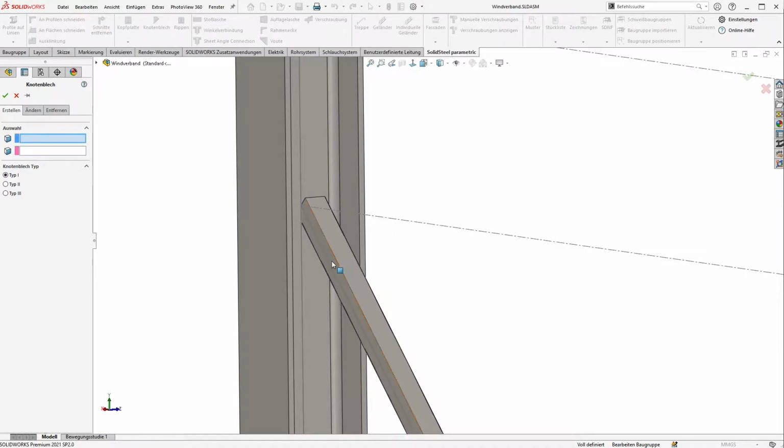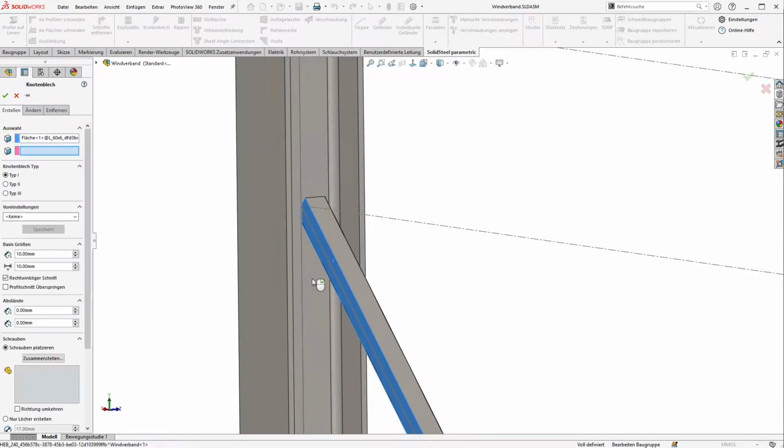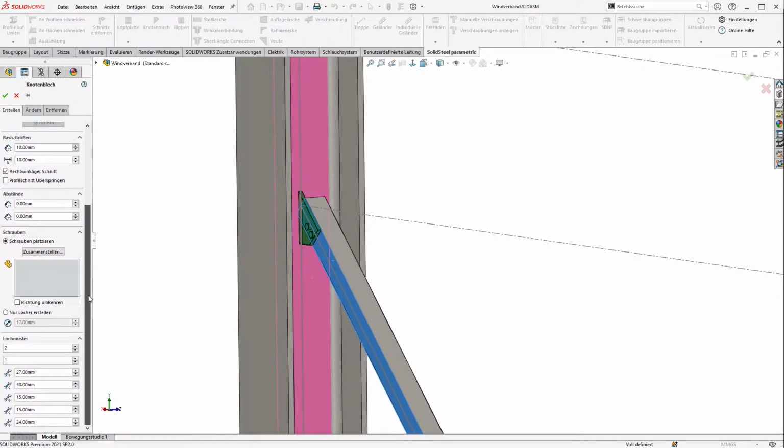Good, we have finished dimensioning the wind bracing. The geometry of the gusset plate results by itself when we enter the parameters of the bolting and a few distances in Solid Steel. These are the values for which I just said that we have to remember them. Or we can of course also read these values in the PDF output by Stahl 2000.